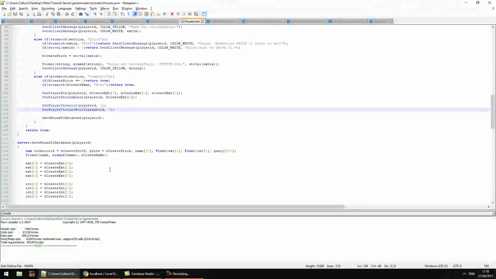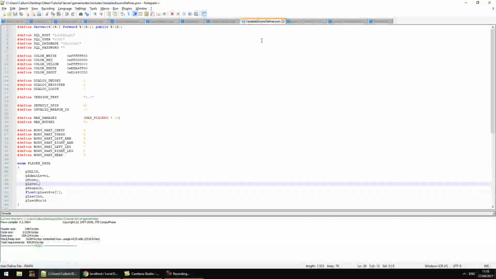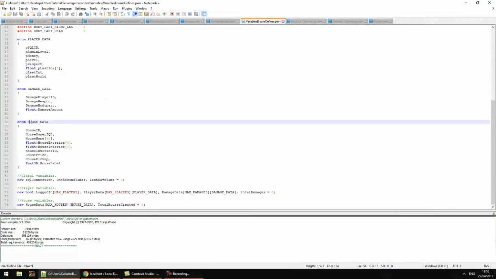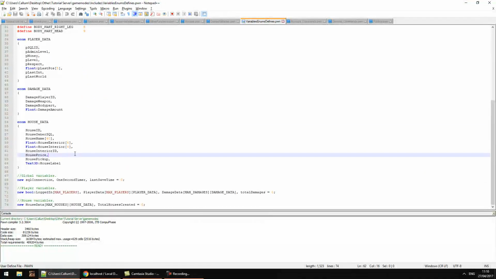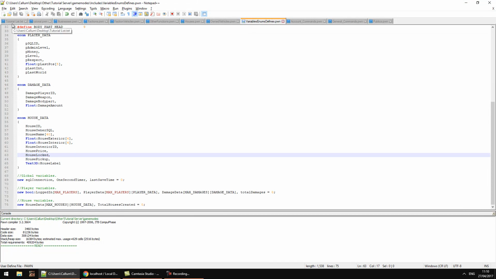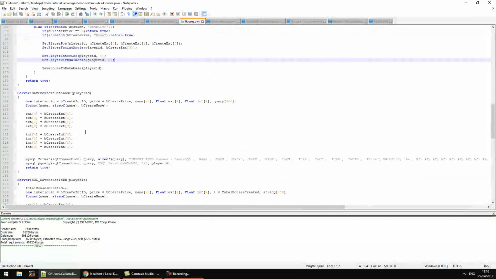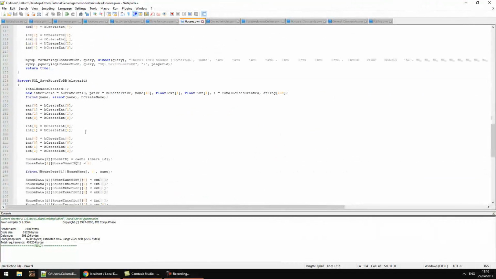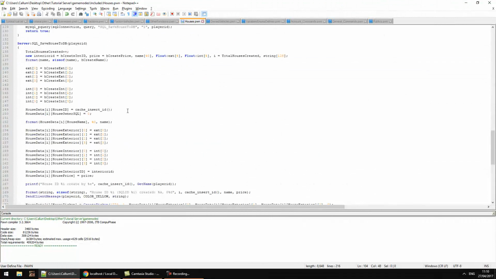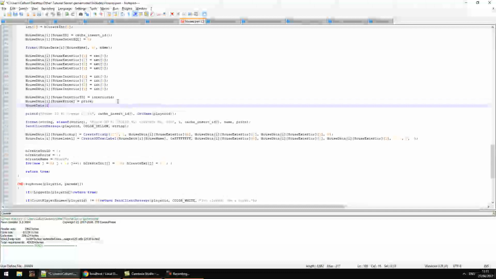and that's fine. Now what we also want to add in is we need to go into our variables, enums and defines, and go down to house data. Below house price, type house locked, and here inside of houses as well, what we need to do is go into the SQL save house to DB and just set this to 0, so house data house locked is equal to 0,